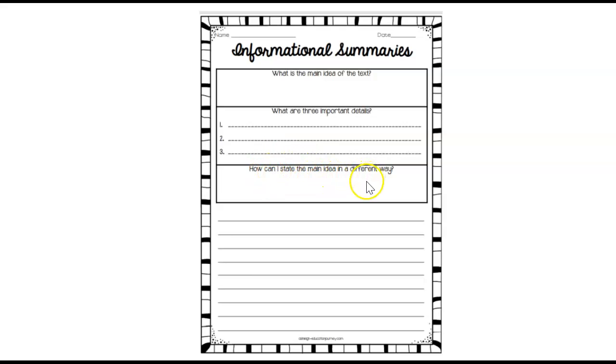How can I state the main idea in a different way? Well, you don't want to copy it right from the book or go, the main idea of the story is yellow dogs. Well, that's boring. So you need to kind of come up with a different way. Maybe you want to start with a question. Have you ever wondered how to take care of a yellow lab puppy? And then you can go into